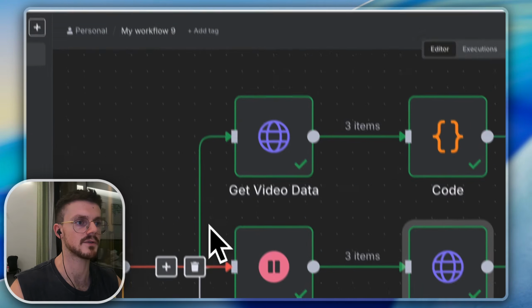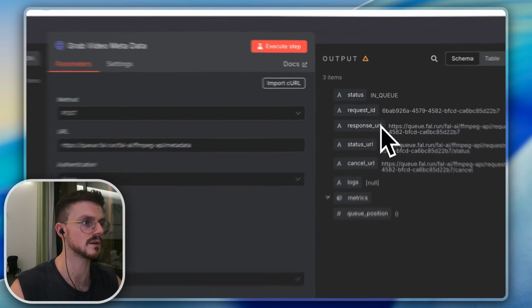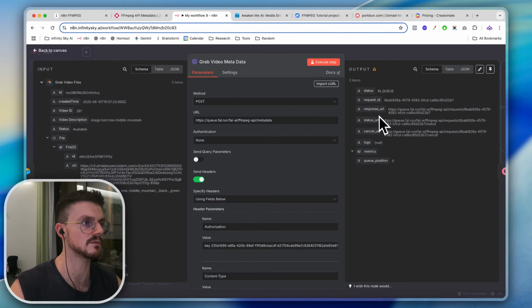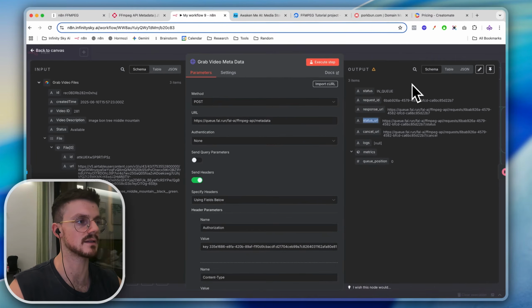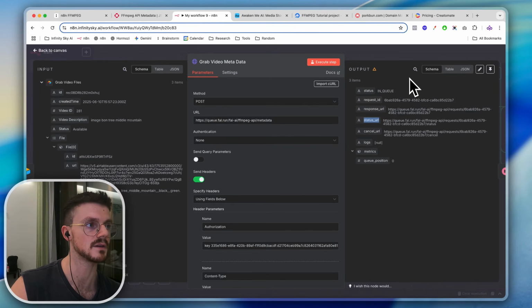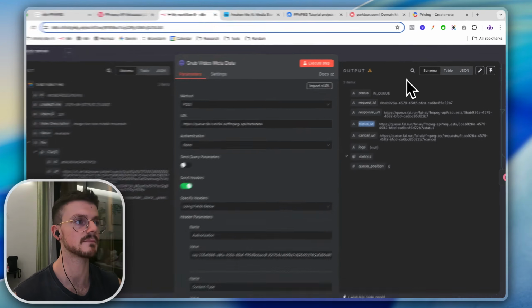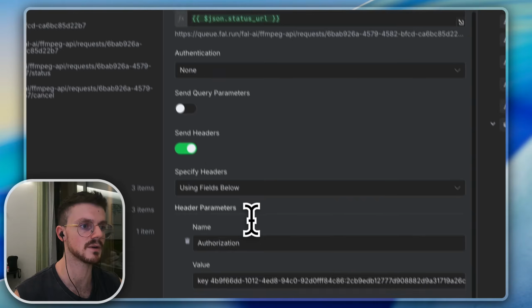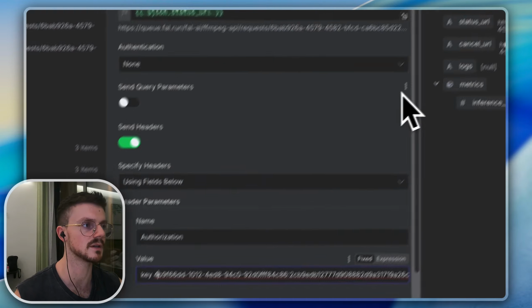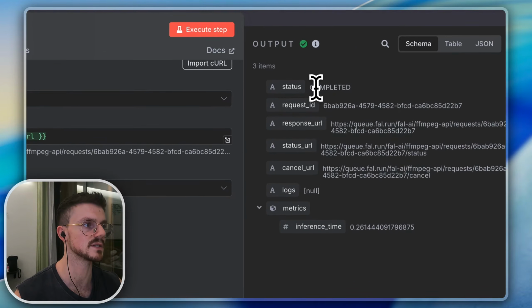And after this first one has been created, we'll see here we have request ID, response URL, status URL, cancel URL. So we're going to use the status URL, and this link is going to allow us to see the status of the request that we just sent. So in this case, we check and we just use a GET request. Again, authorization, put our key in, and it's then going to give us the status right here, which we can